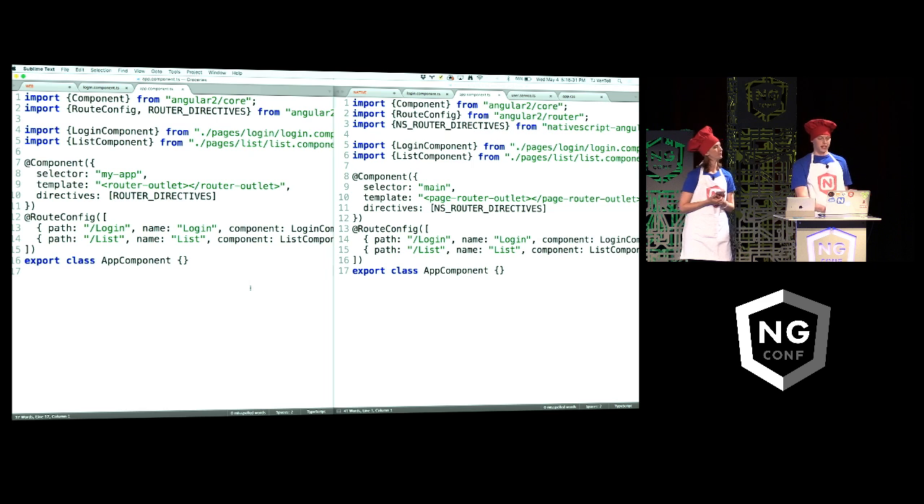Now, if you look at these side by side, again, remembering this is the web implementation, this is the native implementation over here, you can see that to the naked eye, these two look almost identical, right? There's very few changes between the two. Now, what is different, if you've caught it already, is that in NativeScript, we're using a router outlet that we